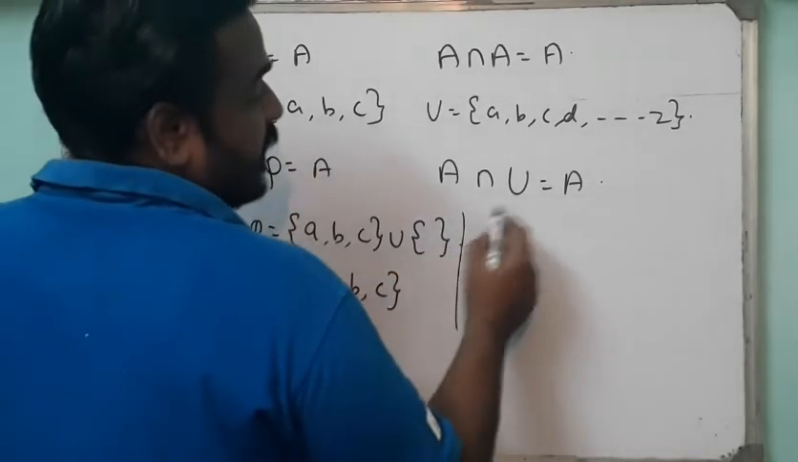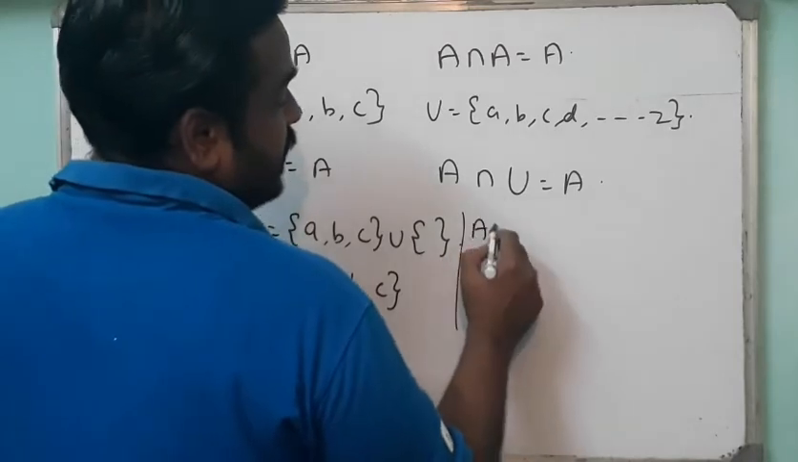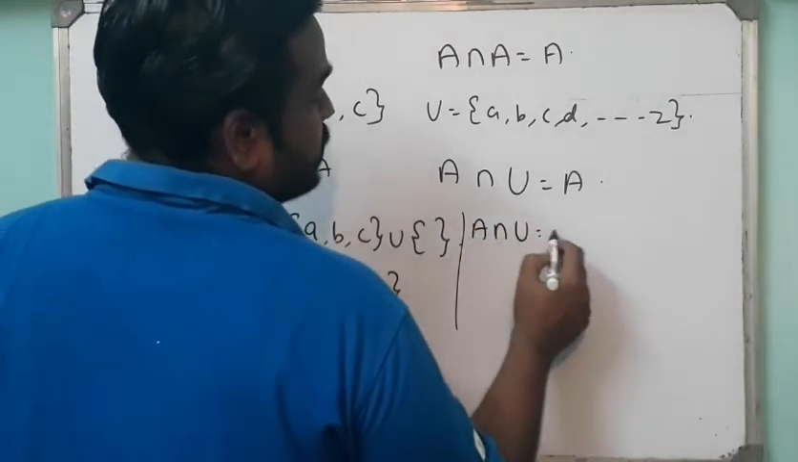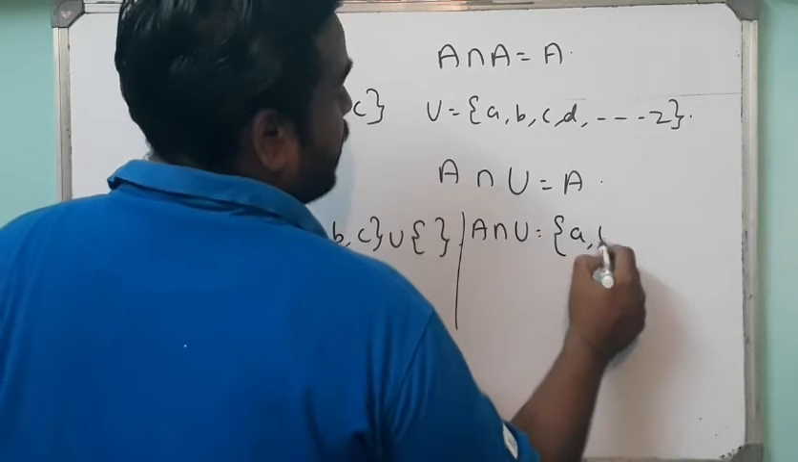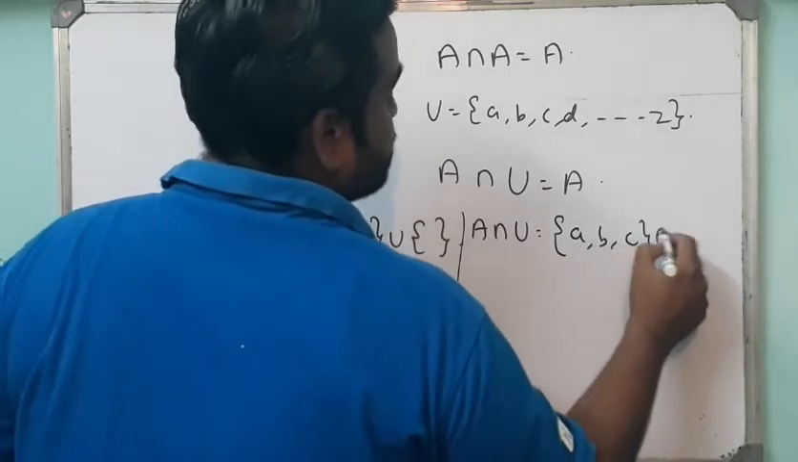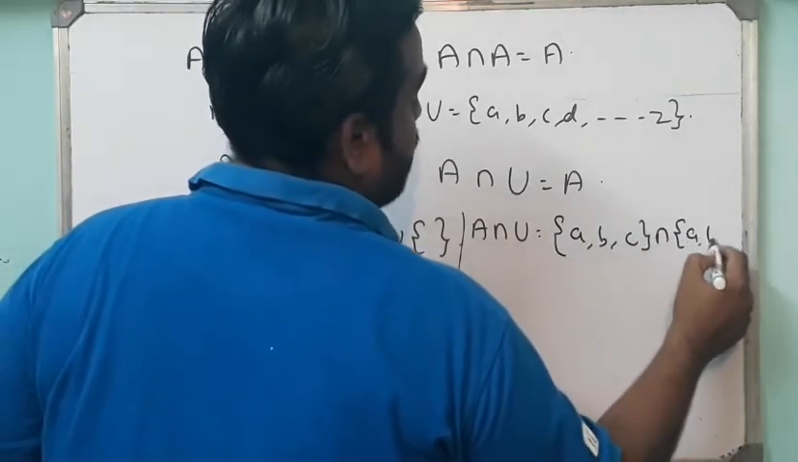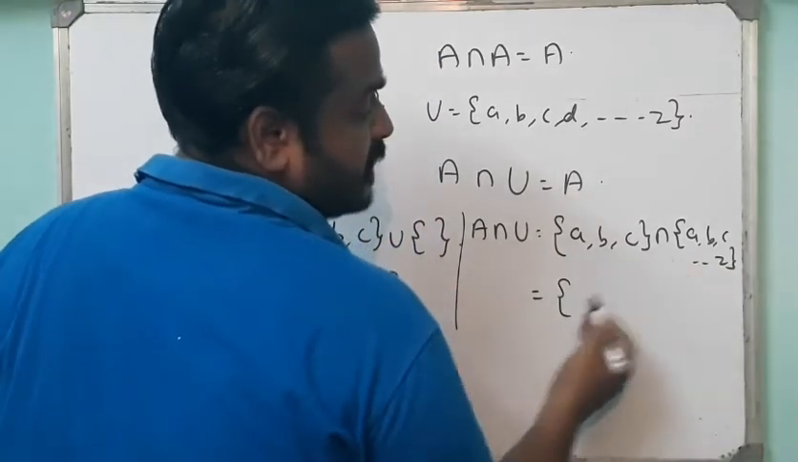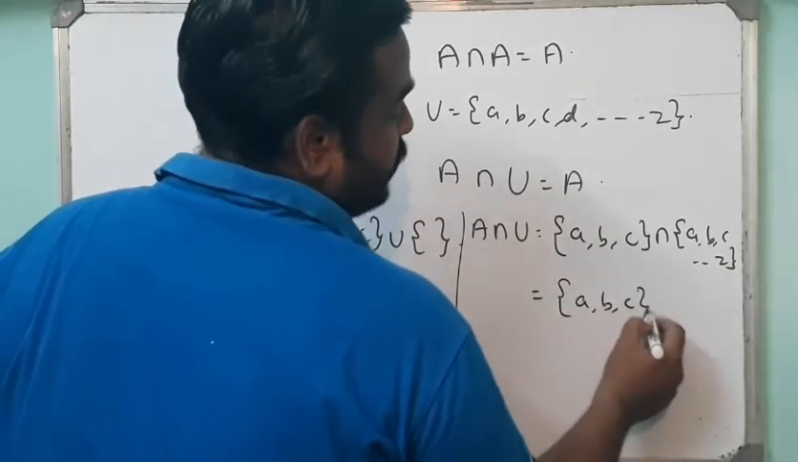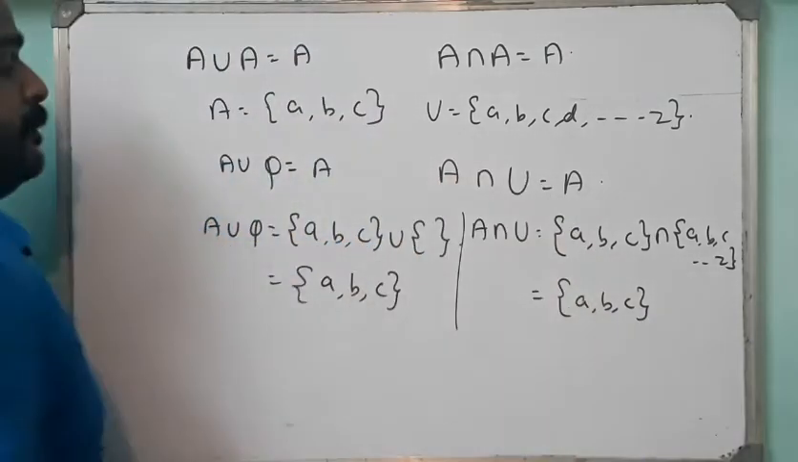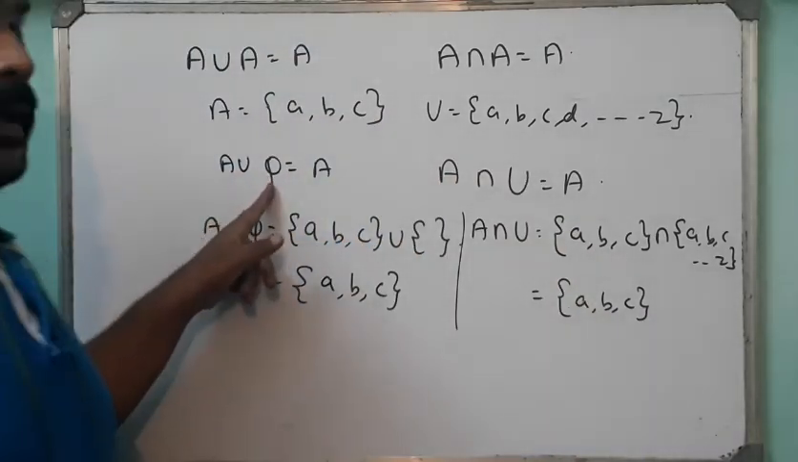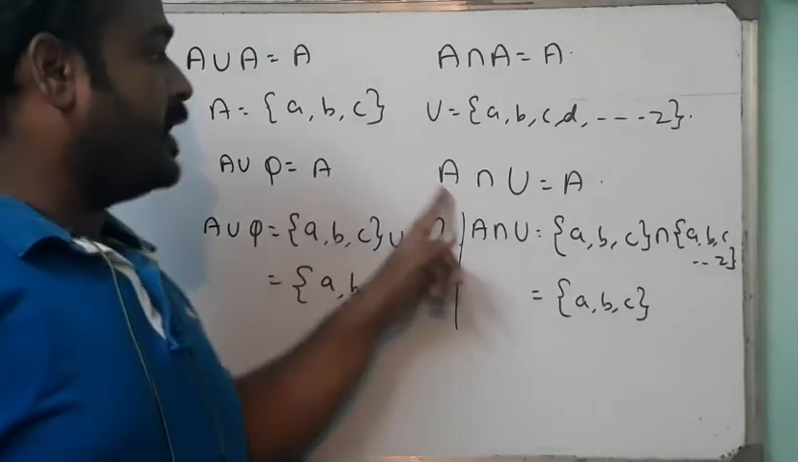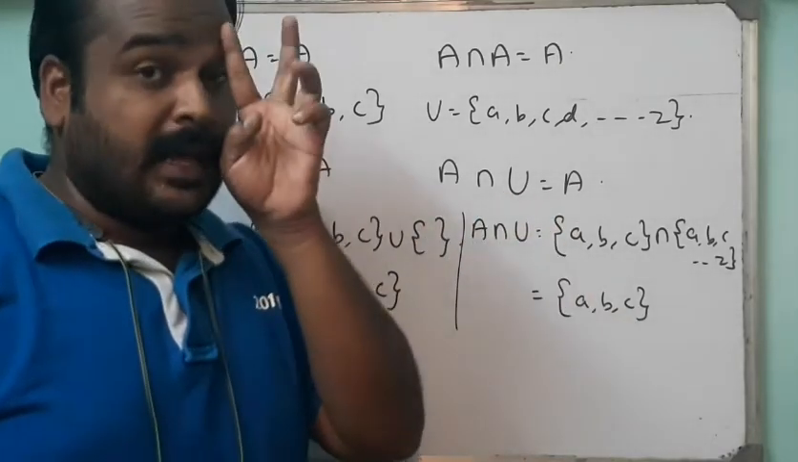The next one, A intersection universal set. Okay, what will you write for A? You will write A, B, C. And what is the universal set? A, B, C etc. up to Z. Now find out the common elements because intersection is given. A, B, C you need to write. So A, B, C is once again A. So A union empty set equal to A and A intersection universal set is equal to A, and these two laws